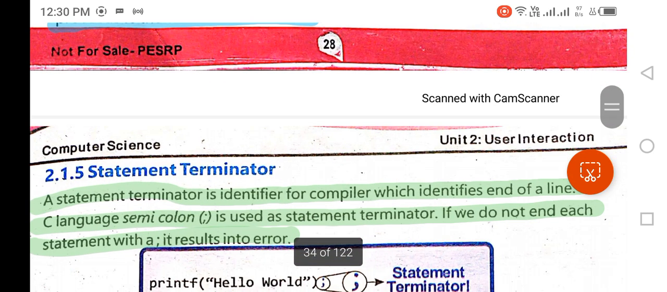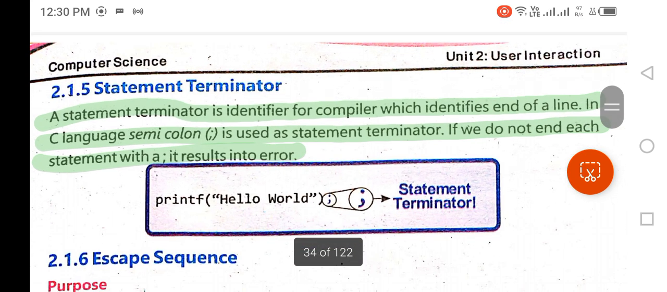Okay, move forward. Next short question is, what is statement terminator? This is very important question from board's point of view. A statement terminator is represented with a semicolon symbol. A statement terminator is